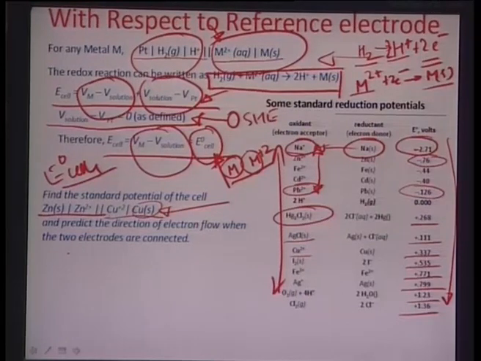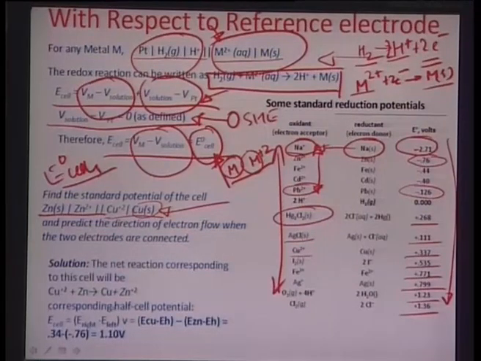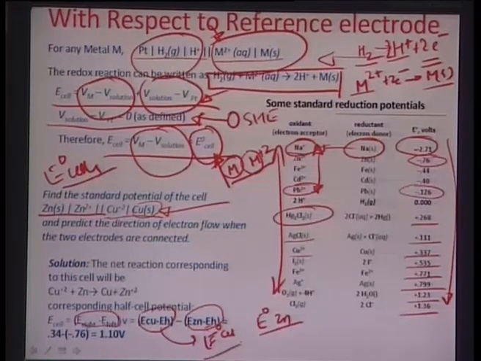So, the standard cell potential in this case would be E right minus E left, which is E copper sulphate minus E zinc sulphate, and these are nothing but E0 copper and E0 zinc. If you look at this electroactive series here, the E0 copper comes out to be about 0.34,